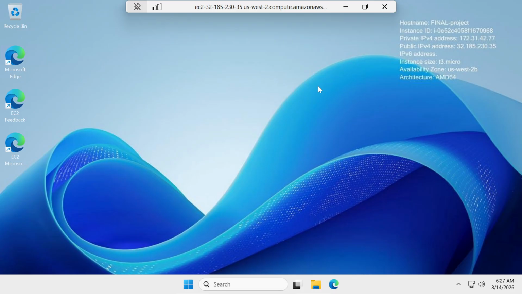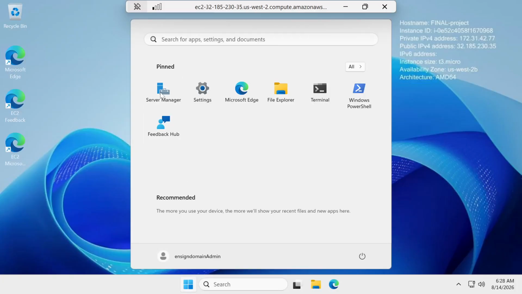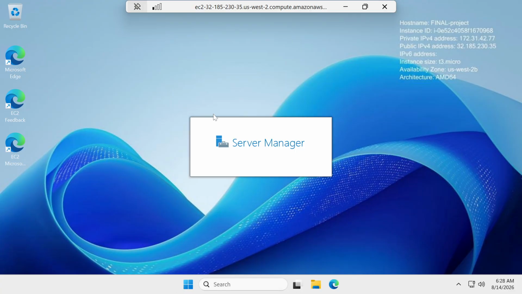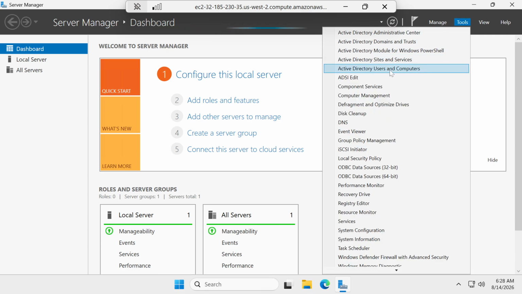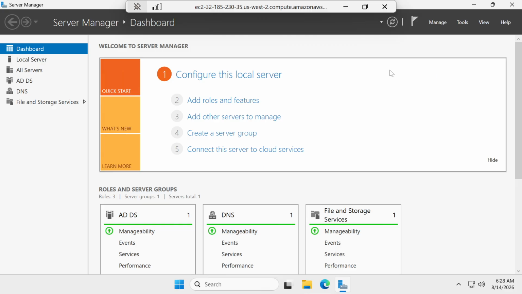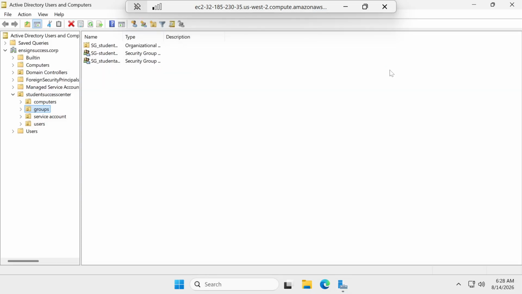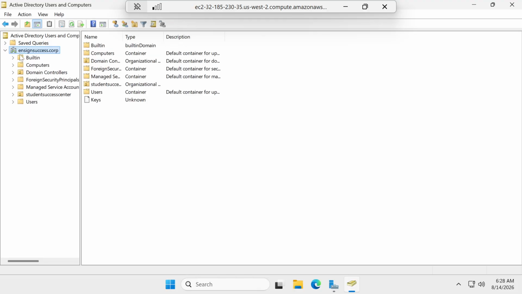Step 4, Active Directory configuration, with organizational units. I went to Server Manager, then tools, and clicked on Active Directory Users and Computers. In my domain, insidesuccess.dog,